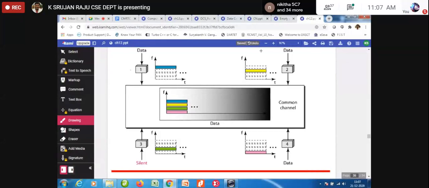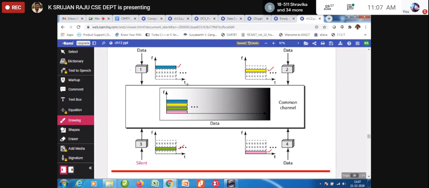How many nodes are there? Four nodes. And all these four would like to use one channel. Then for every node, we are going to give a different color: blue, green, yellow, pink, some different colors.